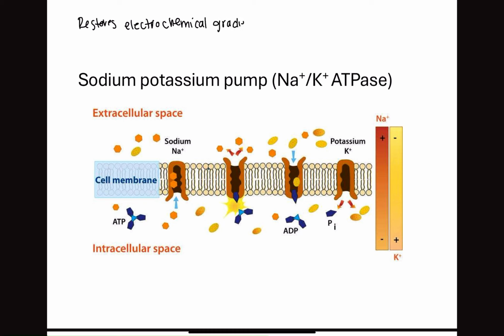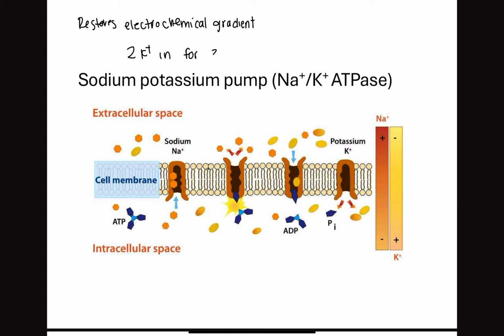Not only does it actively transport sodium and potassium, which sets up a concentration gradient, but also it pumps 2 potassium in for every 3 sodium that move out. And that is what sets up our voltage across our membrane. So, 2 potassium in